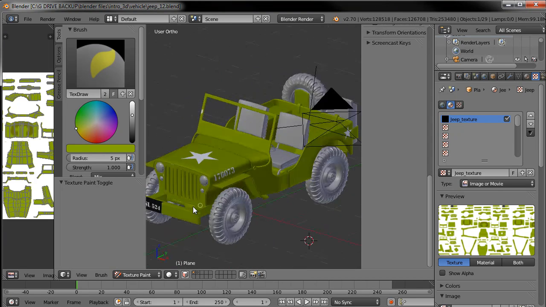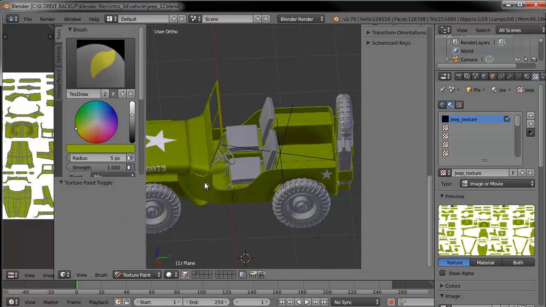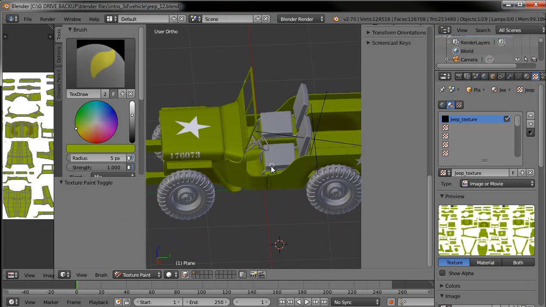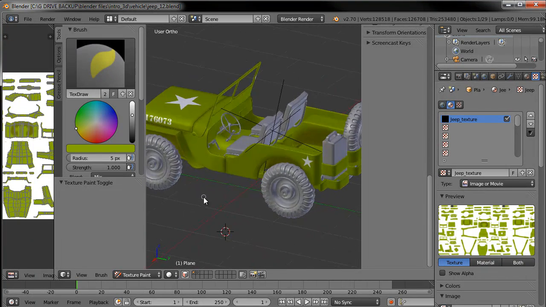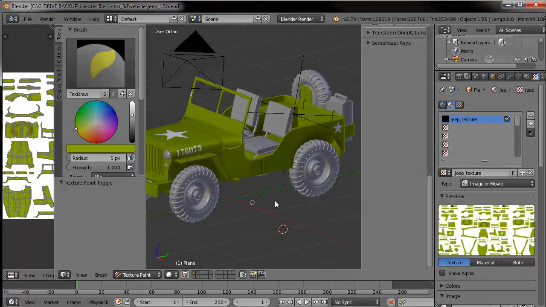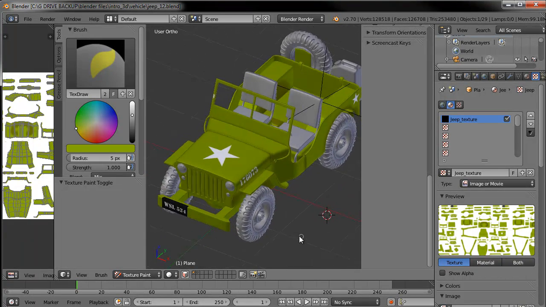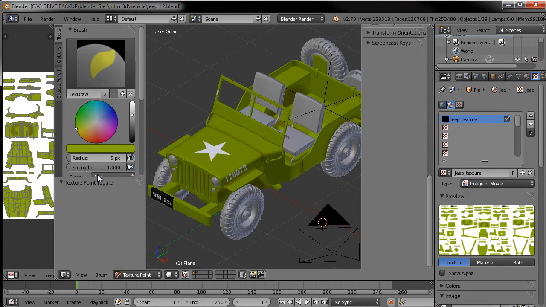This is David Ward. When last I left you in part 11, we had gone through and painted the texture map for the main body of the Jeep. Now, I know I said I was going to jump on the wheels and tires, but there's one more thing that I want to do with the general texture, and that's to bake the Ambient Occlusion, which is,